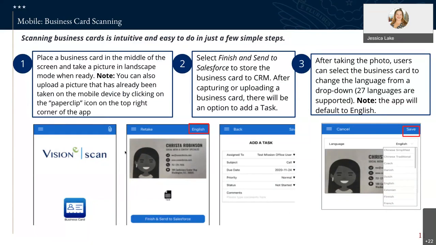Basically, once you download the app, this is where these instructions start. You're going to open your app and you are going to take a picture of the business card scanner. It works best in landscape mode. So, make sure that you're fitting that whole business card in that horizontal space and that orientation. Once you've taken a picture that seems clear, you can go ahead and click Finish and Send to Salesforce. And it's going to upload that photo of the card